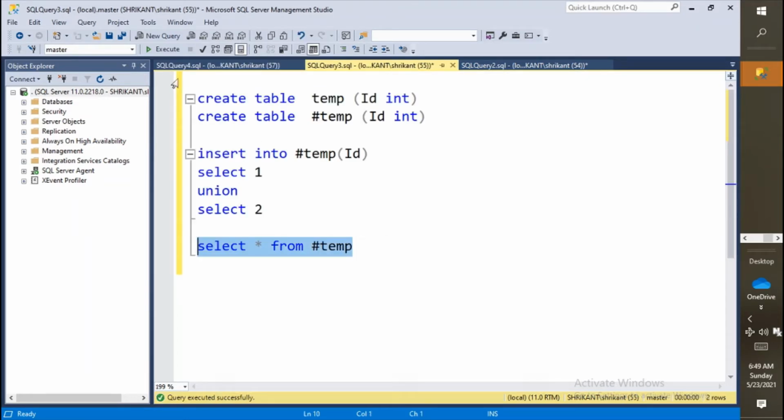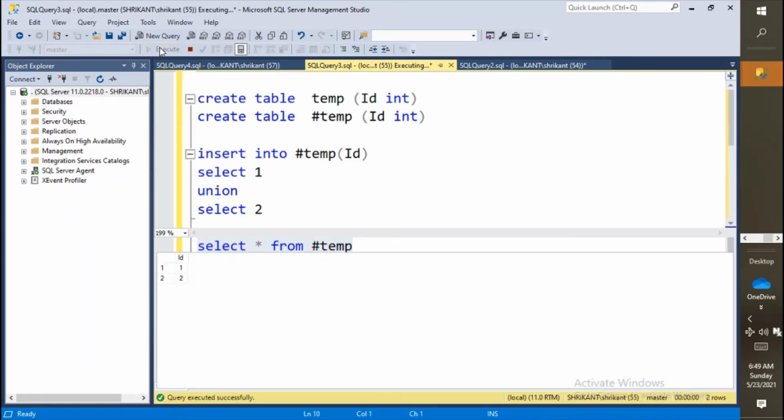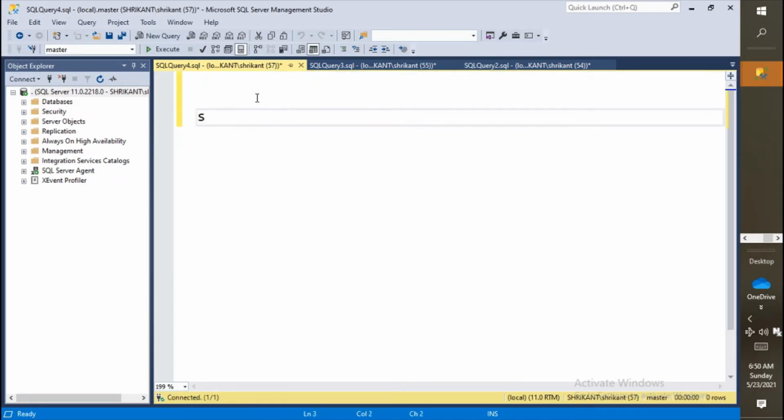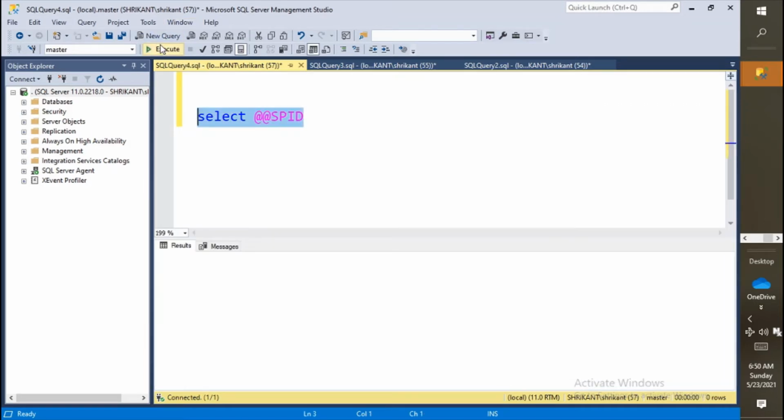Just select this query, run it, copy the same query and go to another session. Here you will see the session ID for this window is 57, right? You know how to cross verify the session ID, just @@SPID. Here we'll get the number and that number would be 57 because it's the session ID for this window, right? This is 57. Great.